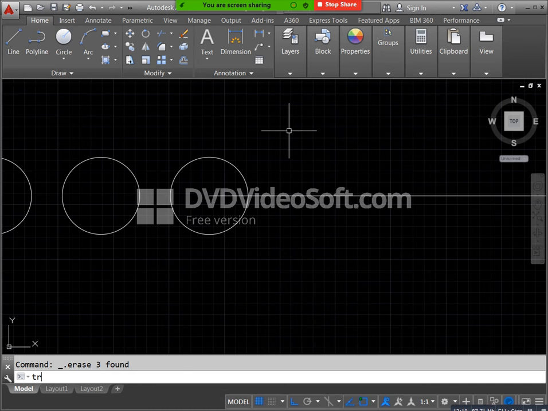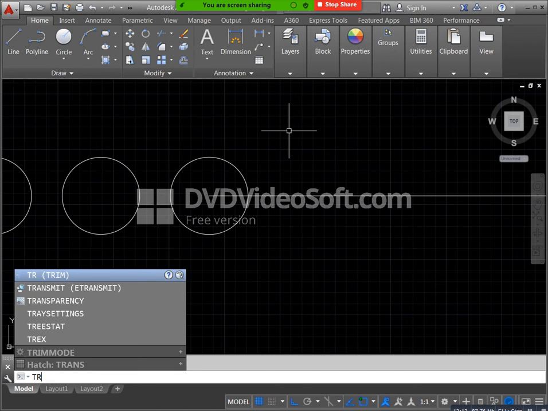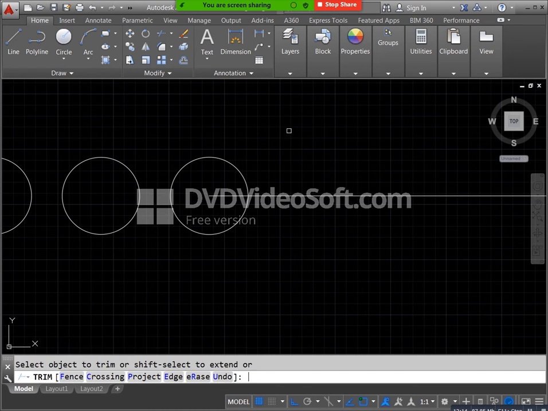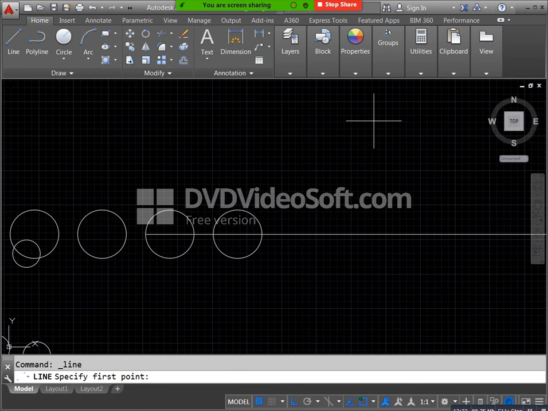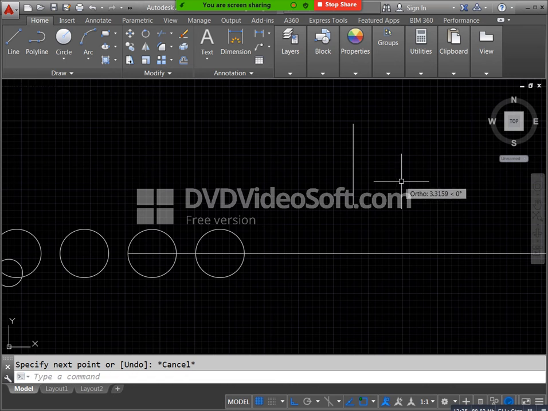Next we have extend, EX, double enter. Again you need to extend like this. This is very easy. For example, I have one more line here like this. You can mention EX, single enter. In the single enter condition, definitely we need to select our support. For example, this is my support. Again you need to press enter. Again you need to select your object.